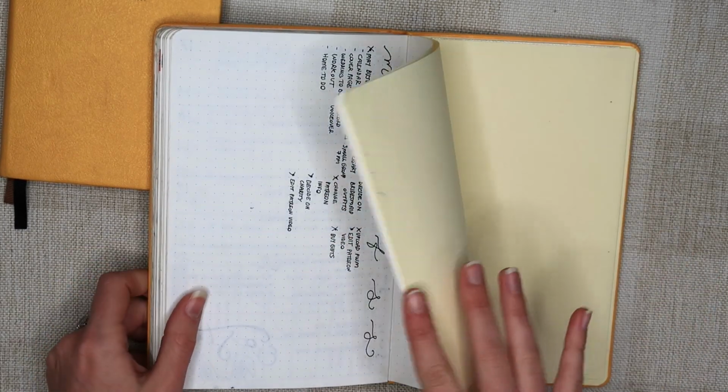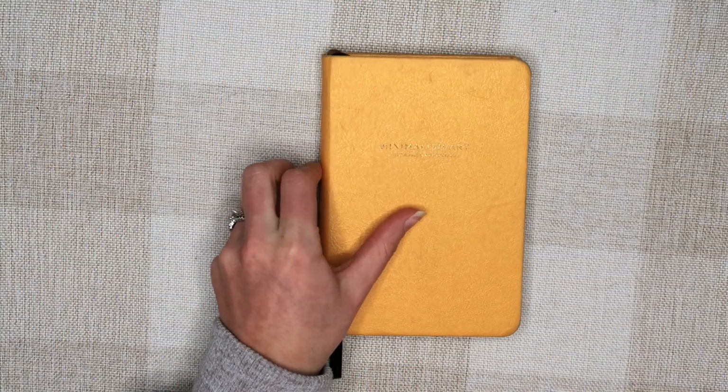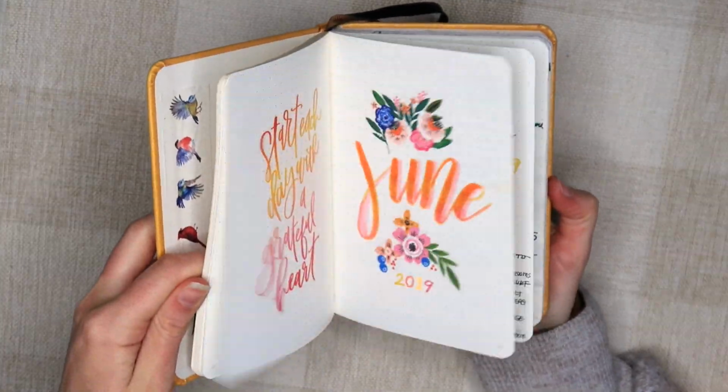And that finishes this bullet journal. And then I moved into this little baby here. Before I jump into the rest of my bullet journal that's tucked away in this little mini bullet journal, which